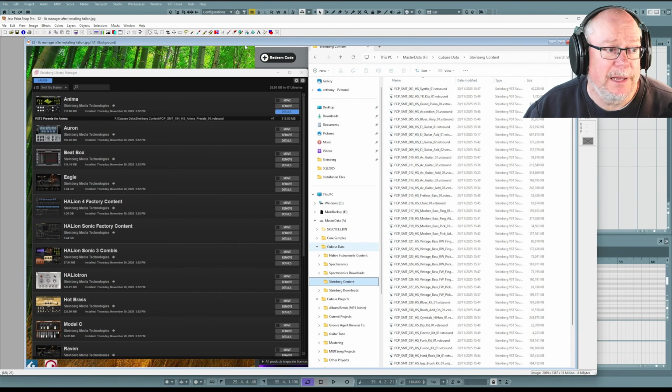And now when we go back into the Library Manager, there's a lot more interesting stuff to see. We have a Halion folder and a load of stuff inside it. I've also opened a copy of Windows Explorer so that you can see the Steinberg content folder is now populated